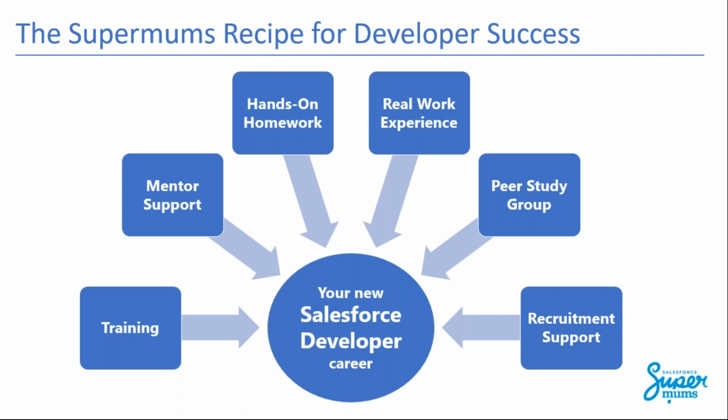And our method for approaching training is going through doing self-study, having a 2.5-hour live webinar led by one of our experienced Salesforce developer volunteers, and following that up with homework that you're doing in a dev org to concretely cement in that information that you've just absorbed. So we have had success with this model since 2016 with our admin course